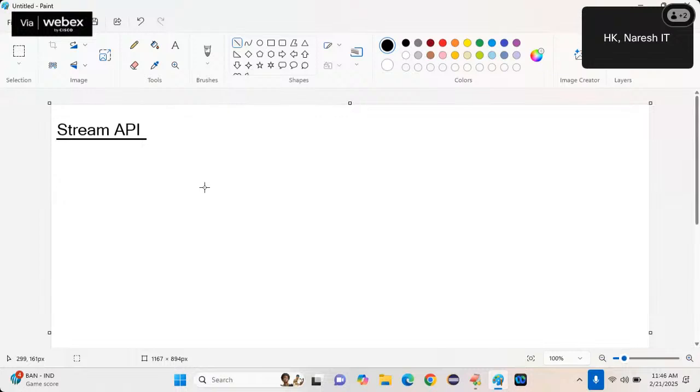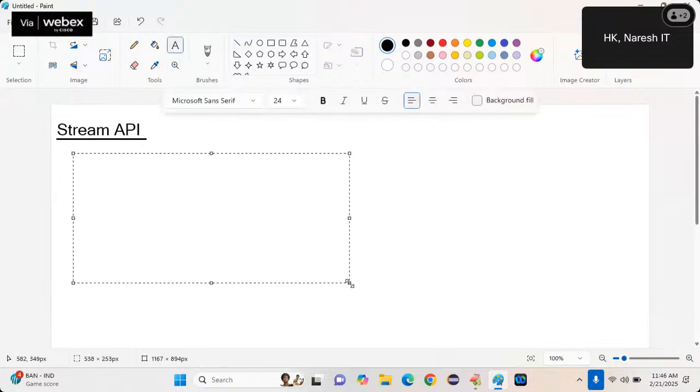That's what we have completed up to now. To understand Stream API, we have learned all the required concepts. First, you should know the meaning of functional programming. You learned the meaning of functional interface.